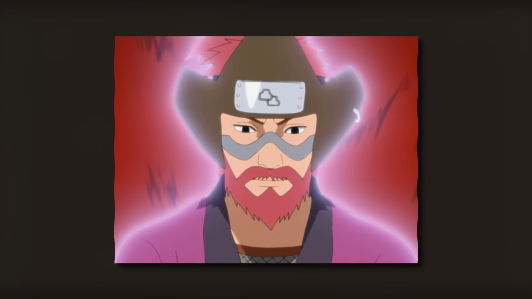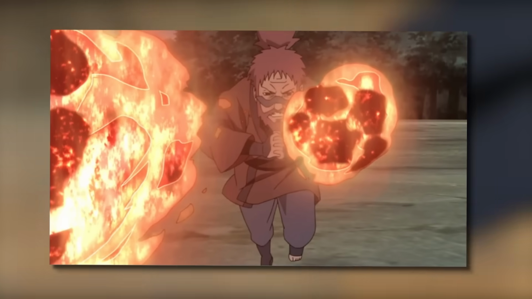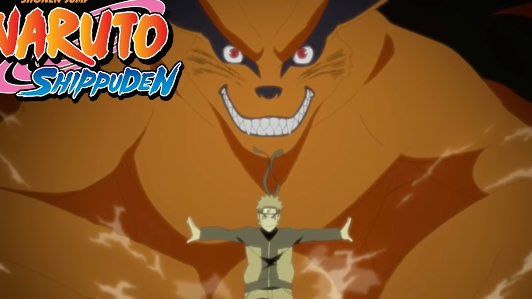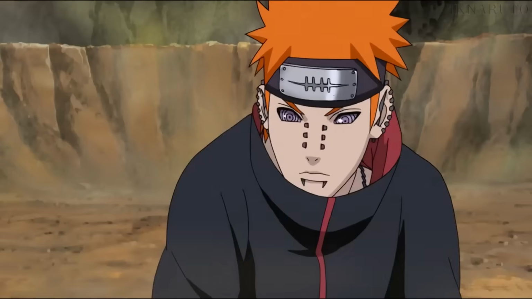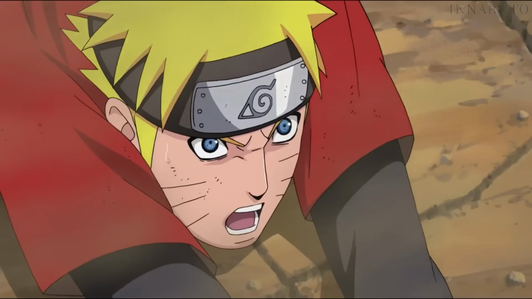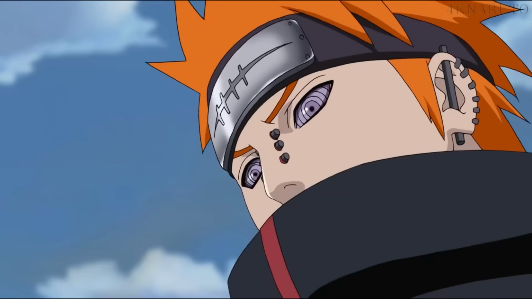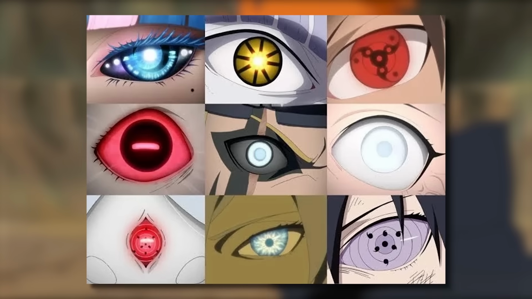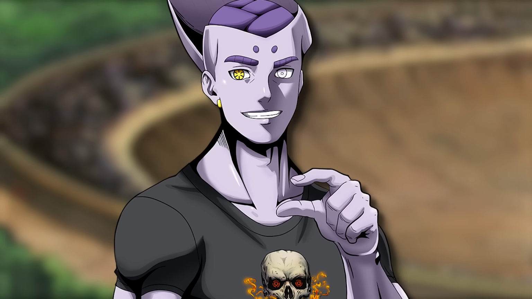So think of Roshi using the lava release jutsu that comes from Four Tails, or Naruto as a 10 Tails Jinchuriki being able to use lava release and boil release. Another misconception with Kekkei Genkai is that things like the Sharingan and the Byakugan aren't Kekkei Genkai. This isn't true. People correctly refer to them as being dojutsu, and I've seen in the comment section at times